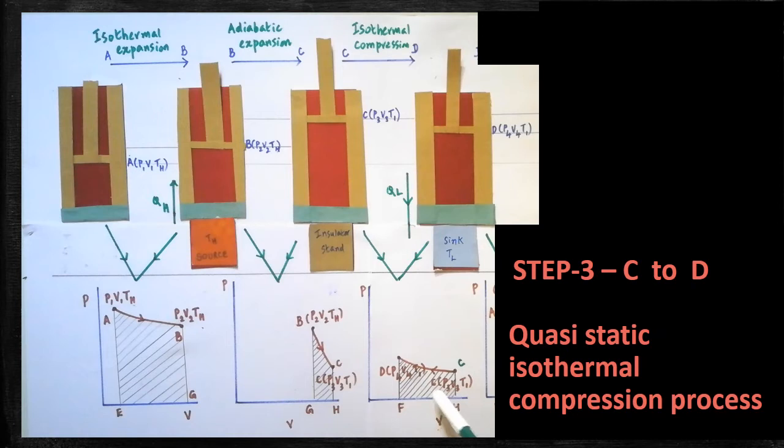That is the coordinates of the pressure, volume and temperature. P3 is the initial pressure, V3 is the initial volume, T1 is the initial temperature. Now here after compression what happens? Pressure increases from P3 to P4, and then volume decreases from V3 to V4. Are you clear? And temperature remains same.